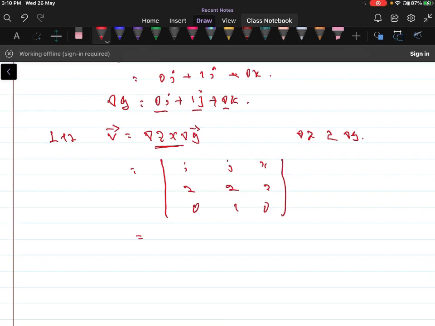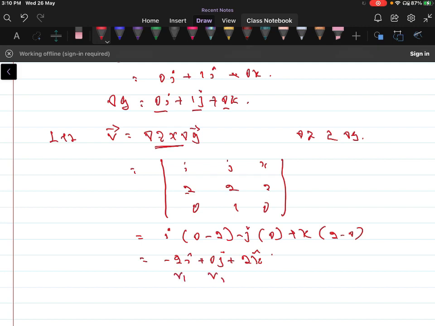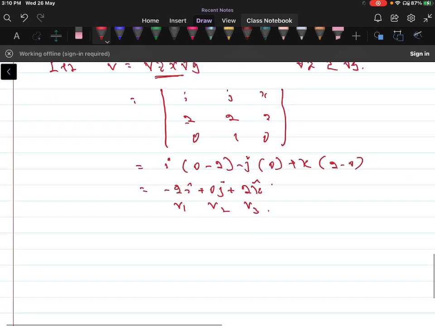So this is equal to the determinant of the 3 by 3 matrix here. i cap into 2 into 0 minus 0, minus j cap into 2 into 0 minus 0, plus k cap into 2 into 1 minus 2 into 0. So that is minus 2i plus 0j cap plus 2k cap. So take it as v1, v2 and v3. So therefore